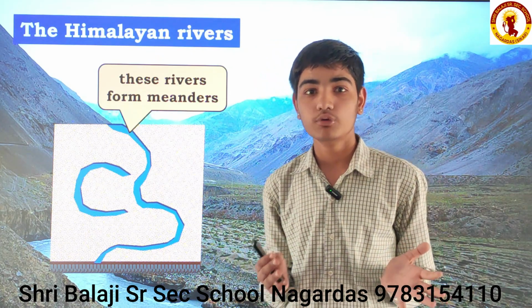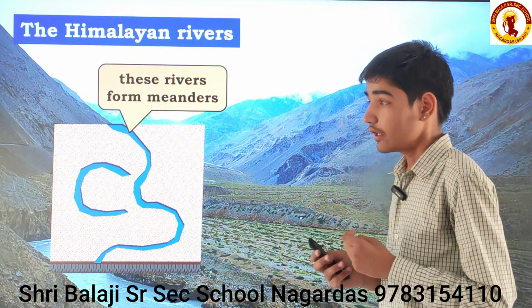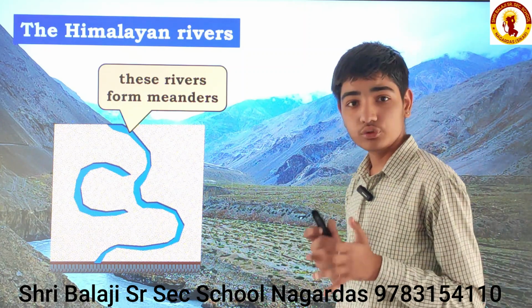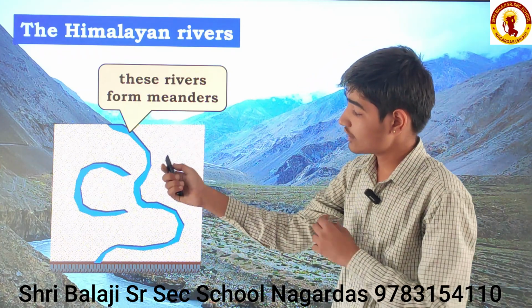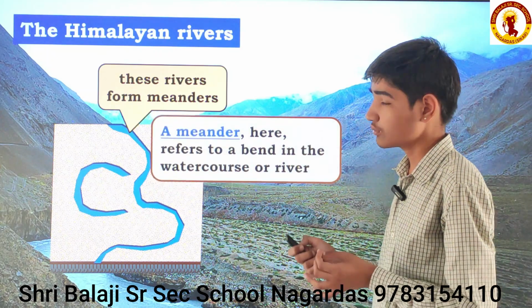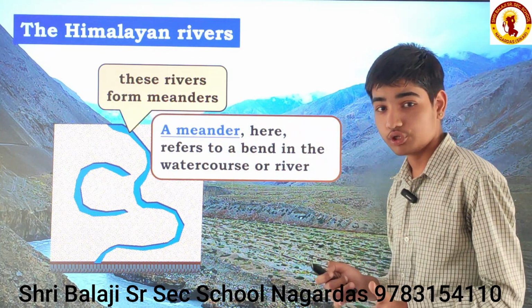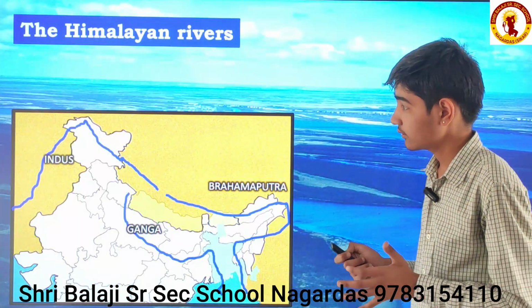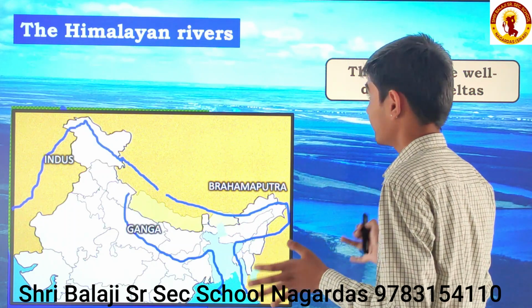Sometimes there is a lot of rain and a lot of water in the river's course. This results in the formation of a new path of the river. After that, due to lack of water, this results in bending, and this is known as a meander. This is also a U-shaped water body, which is known as an oxbow lake. If the meander is at a high level, then it is also known as an oxbow lake. Indus, Brahmaputra and Ganga are Himalayan rivers.